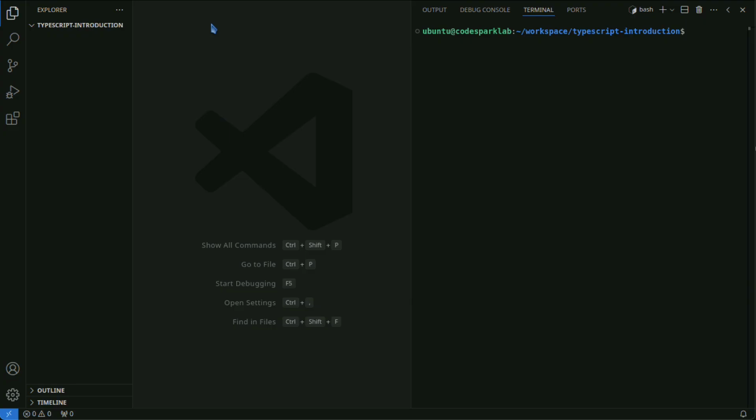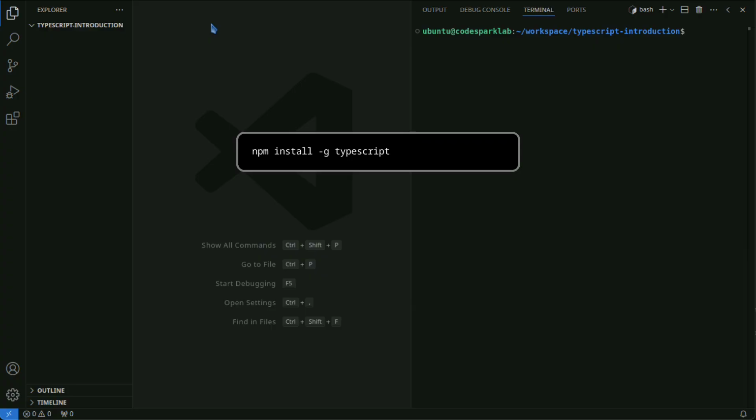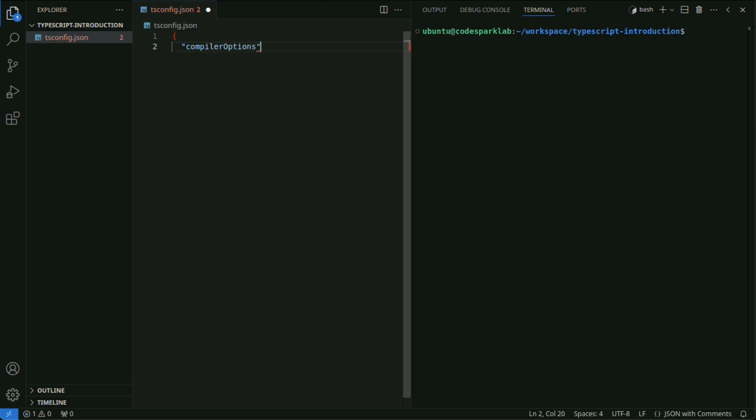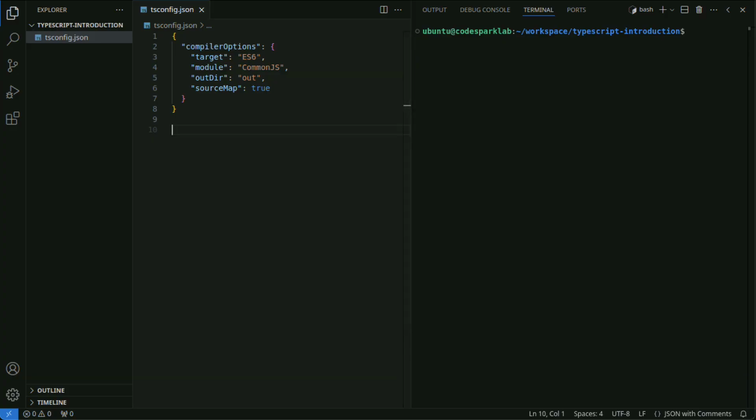First, we'll run the classic Hello World example in TypeScript using Visual Studio Code. Install TypeScript using the npm command. Create a tsconfig.json file. Create a .vscode/launch.json file to enable running the main.ts file in Visual Studio Code.